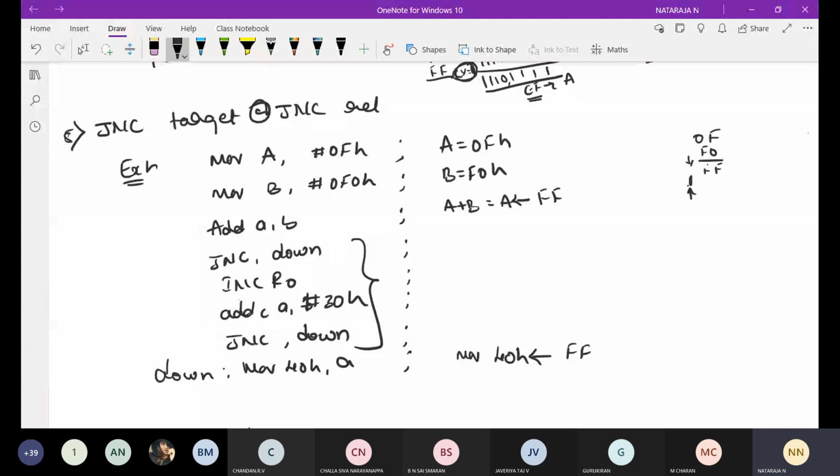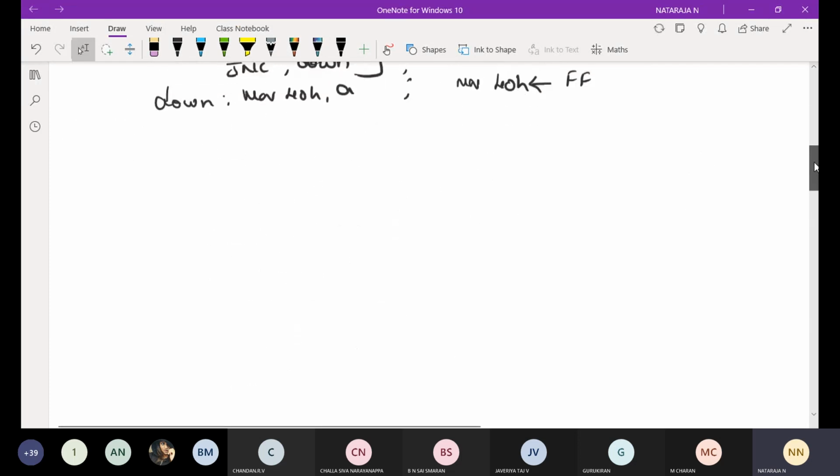If carry is equal to 1, the condition is false, then it will execute the next instruction. Take the next instruction.